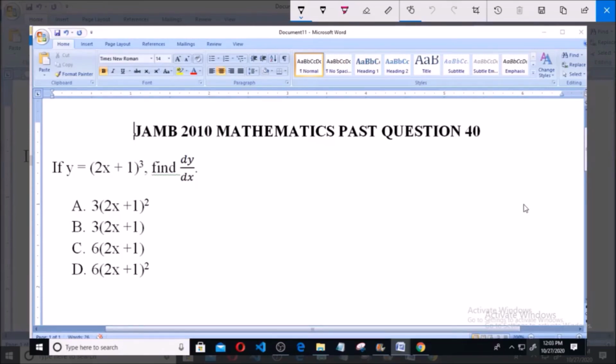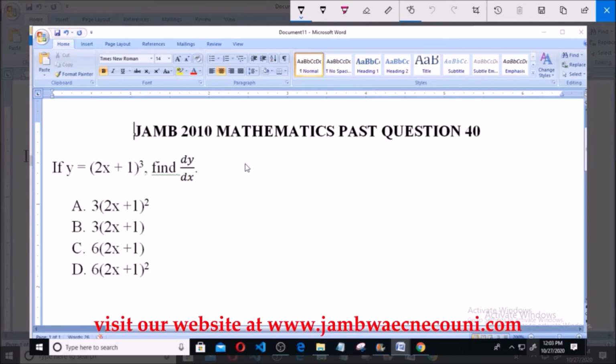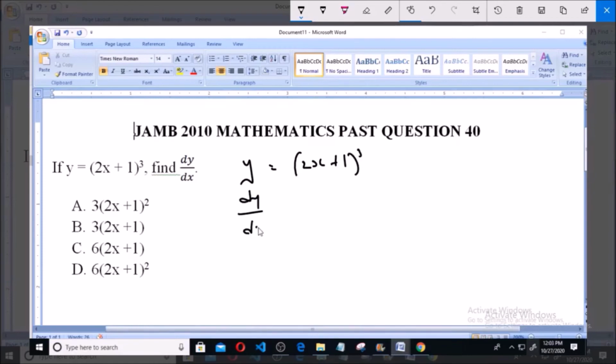If y is equal to (2x plus 1) raised to the power of 3, find dy/dx, that is differentiate y with respect to x. Now we have y is equal to (2x plus 1) raised to the power of 3. Now dy/dx, that is differentiation of y with respect to x, will be equal to 3, that is this n,